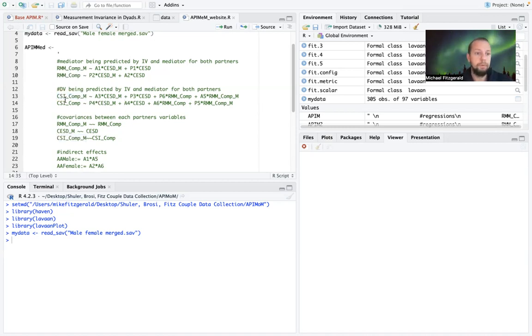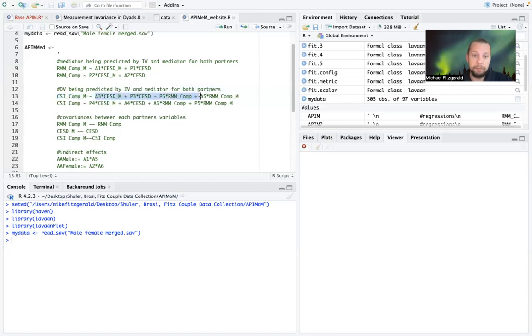And so we have male partners' levels of relationship quality being predicted by male and female reports of depression. This is our C prime path. This is going to be a direct effect between our IV and our DV. And then we're also going to have our two mediating variables for both partners, which will be relationship mindfulness. And as you can see, I've